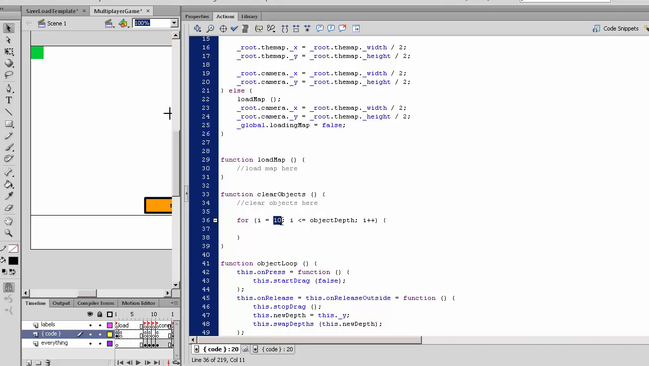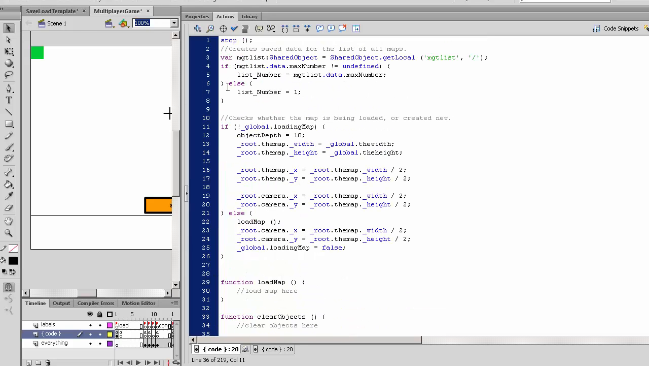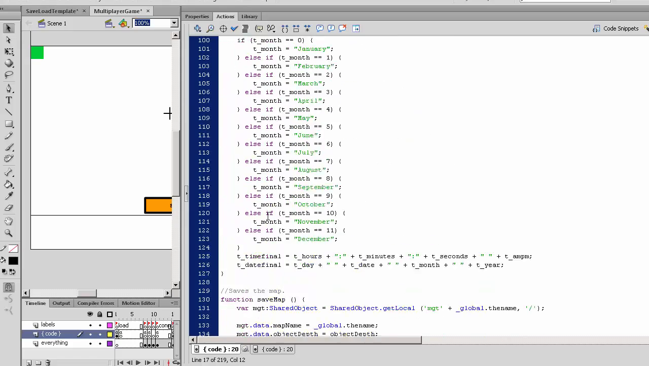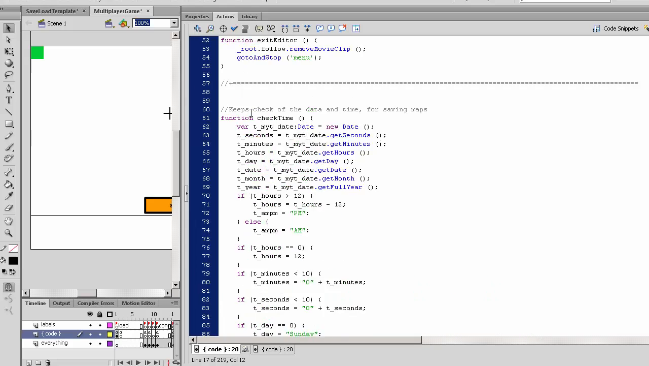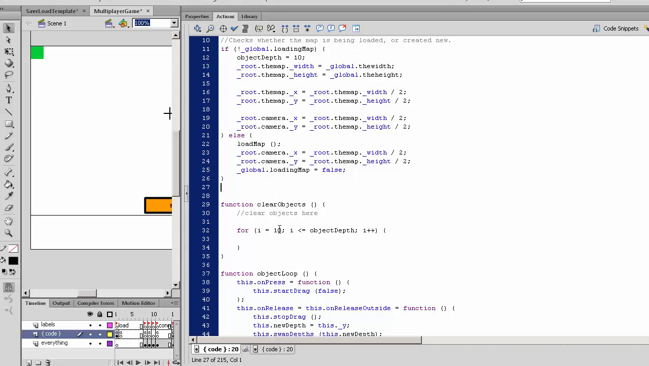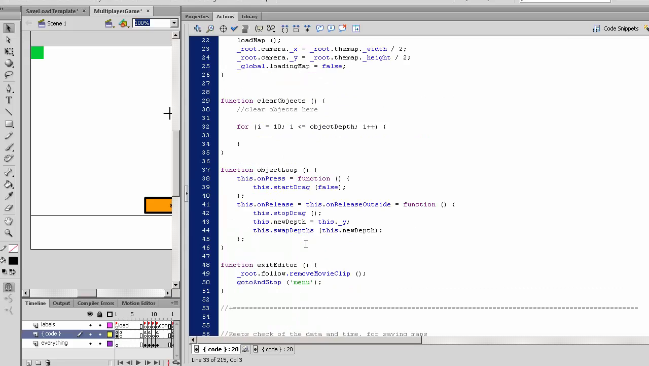The reason why I've set I as 10 in all the for loops is because object depth starts off at 10, since we can use 0 to 9 as different things. Load map here, I think we already have load map, so we shouldn't have two functions with the same name, or it may call the wrong function. So delete that load map from there. And when we clear the objects, just say root, and since we name all of them object plus I dot remove movie clip,